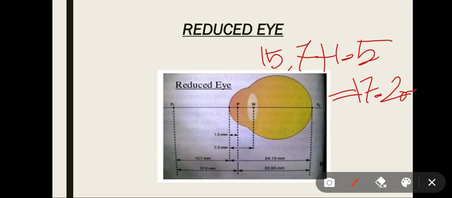Okay, yes, I was right. Anterior focal length f is 17.2 millimeter. This is the anterior focal length, 17.2 millimeter, and posterior focal length f2 will be 22.90